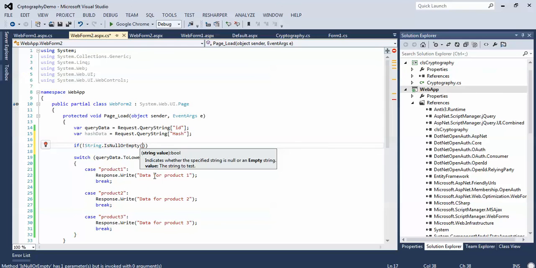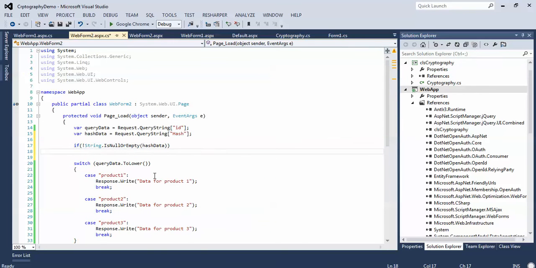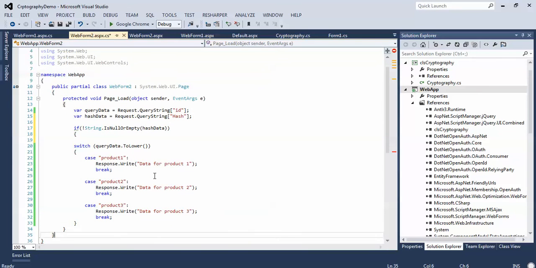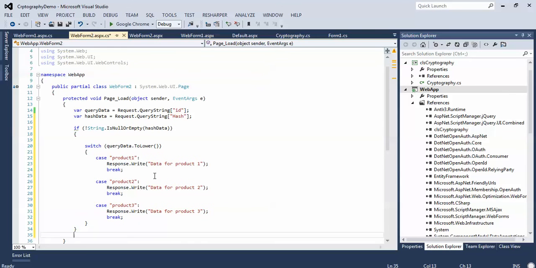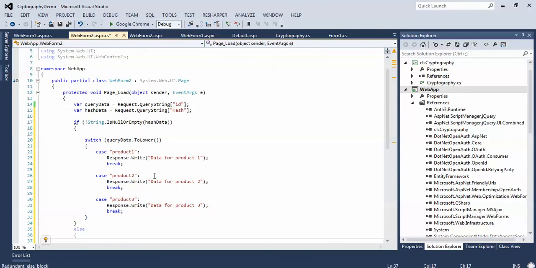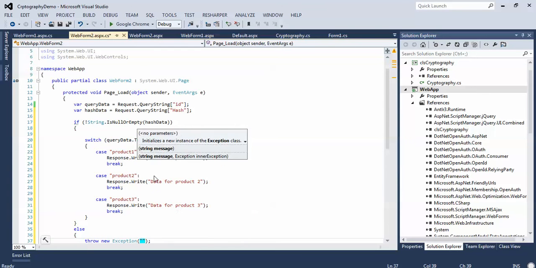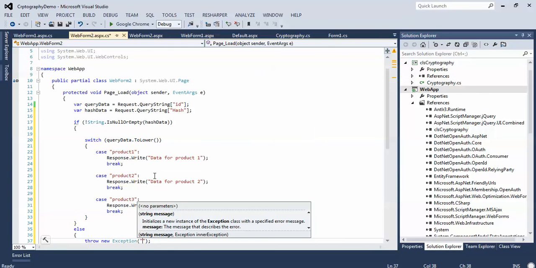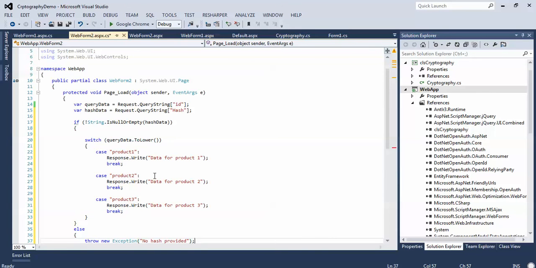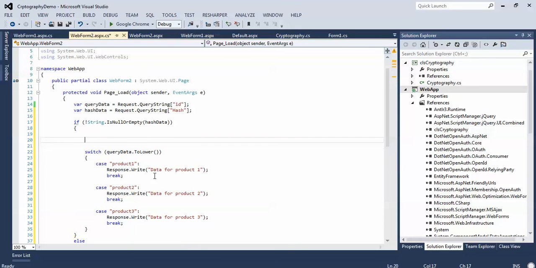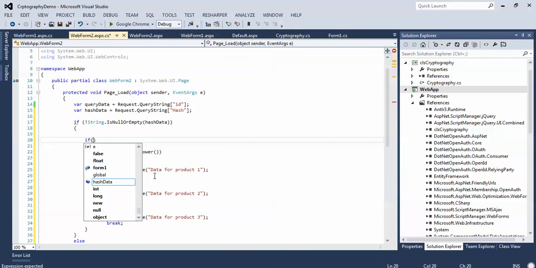If I actually got some hash data, then I need to recompute the hash of this. Otherwise, if no hash is provided, I can throw a new exception, or you can handle it the way you want to handle it. So here, no hash provided. Okay, in case I've got a hash, what I'm going to do is check if my hash data equals